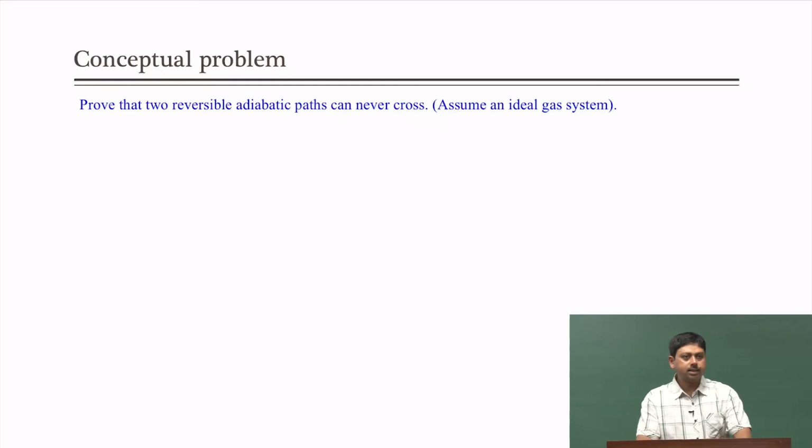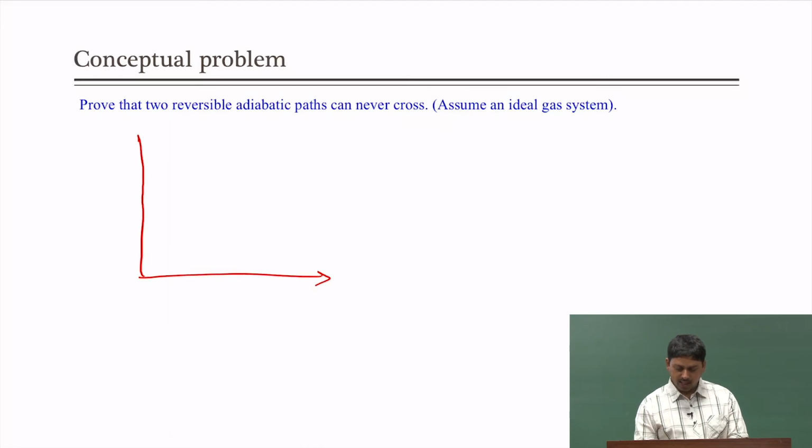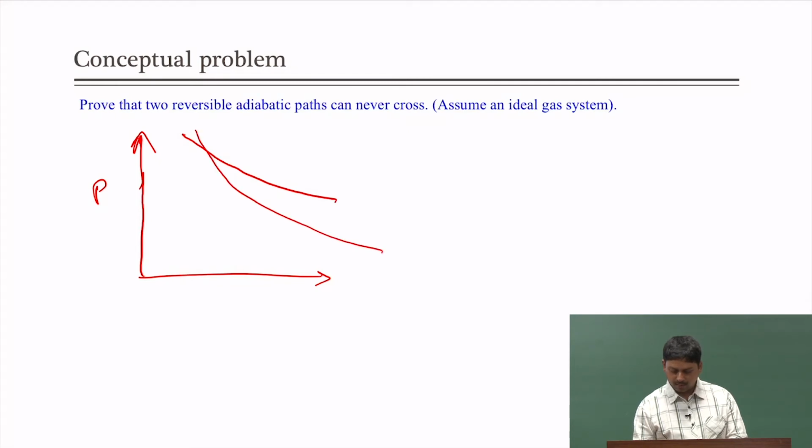stick to. Now, this is a conceptual problem that says that show that two adiabatic paths can never cross. Now, how do you think about that? So, let us say I have a PV diagram and I have an isothermal path. Isothermal is not drawn that way, but okay, let me just draw it once more. Let us have an isothermal path and I have two adiabatic paths connecting. So, this is adiabatic, and this is isothermal. Let us say it is possible. What will happen? Can you tell me what will happen?